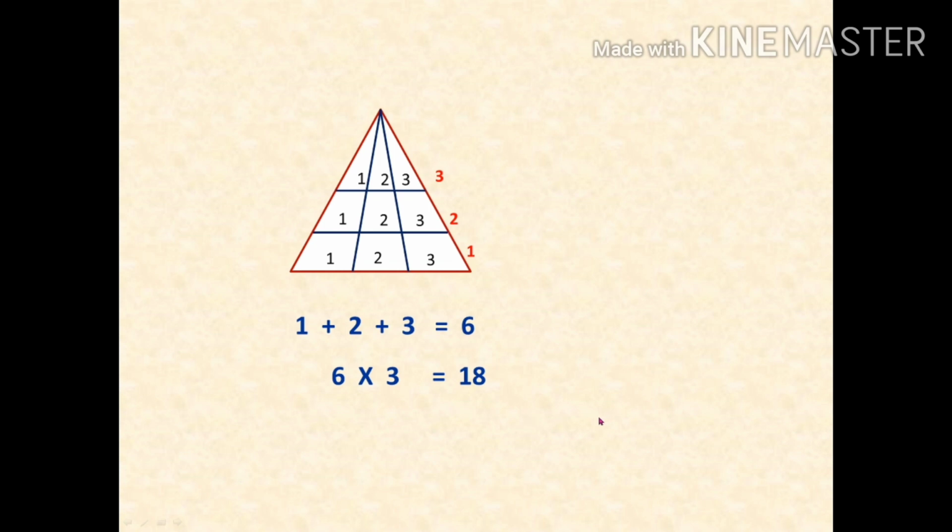Next, we can see another, more complicated image, but we can apply this same trick. First, we have to see the lower base, then count the number of triangles in the lower base. So we can number it as 1, 2, 3, 4, 5, 6 and 7. Then move on to the next base. Here we are having two triangles, so we can number it as 1, 2. If we see the other base, we can number the triangles as 1, 2, 3, 4 and 5.